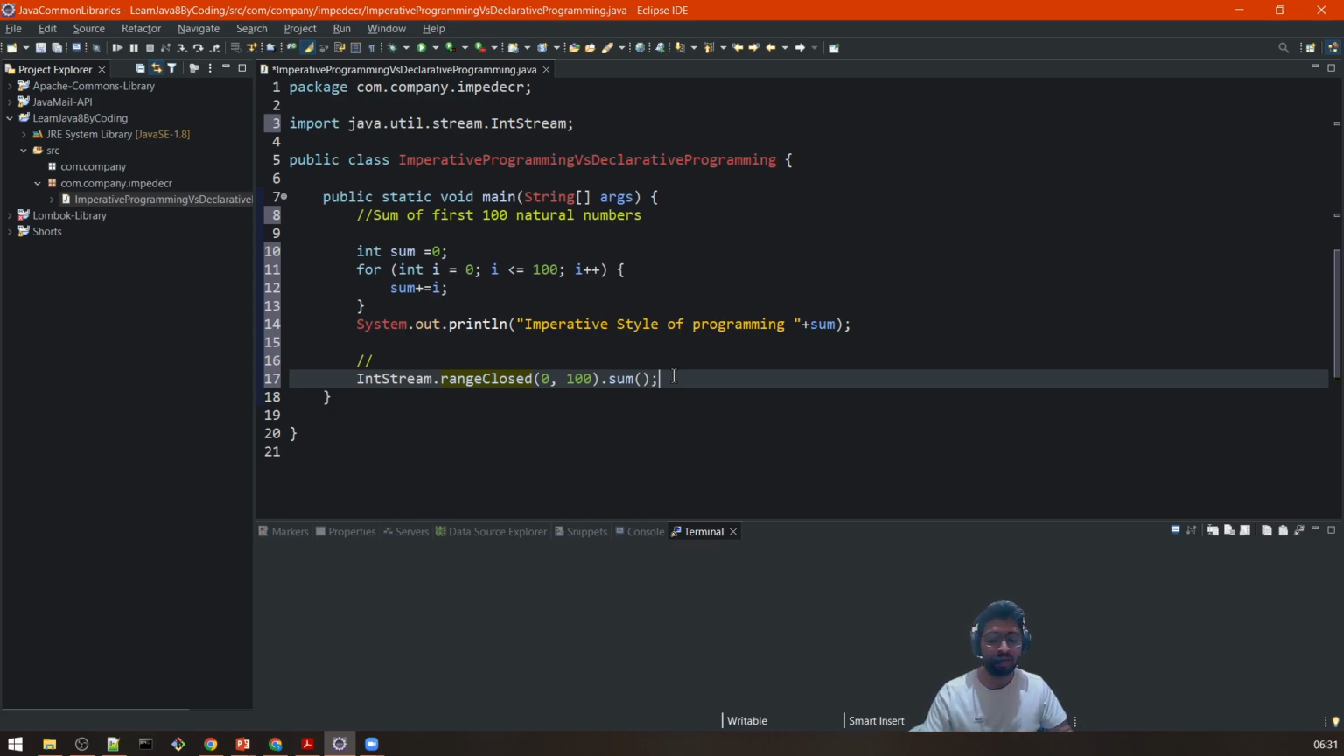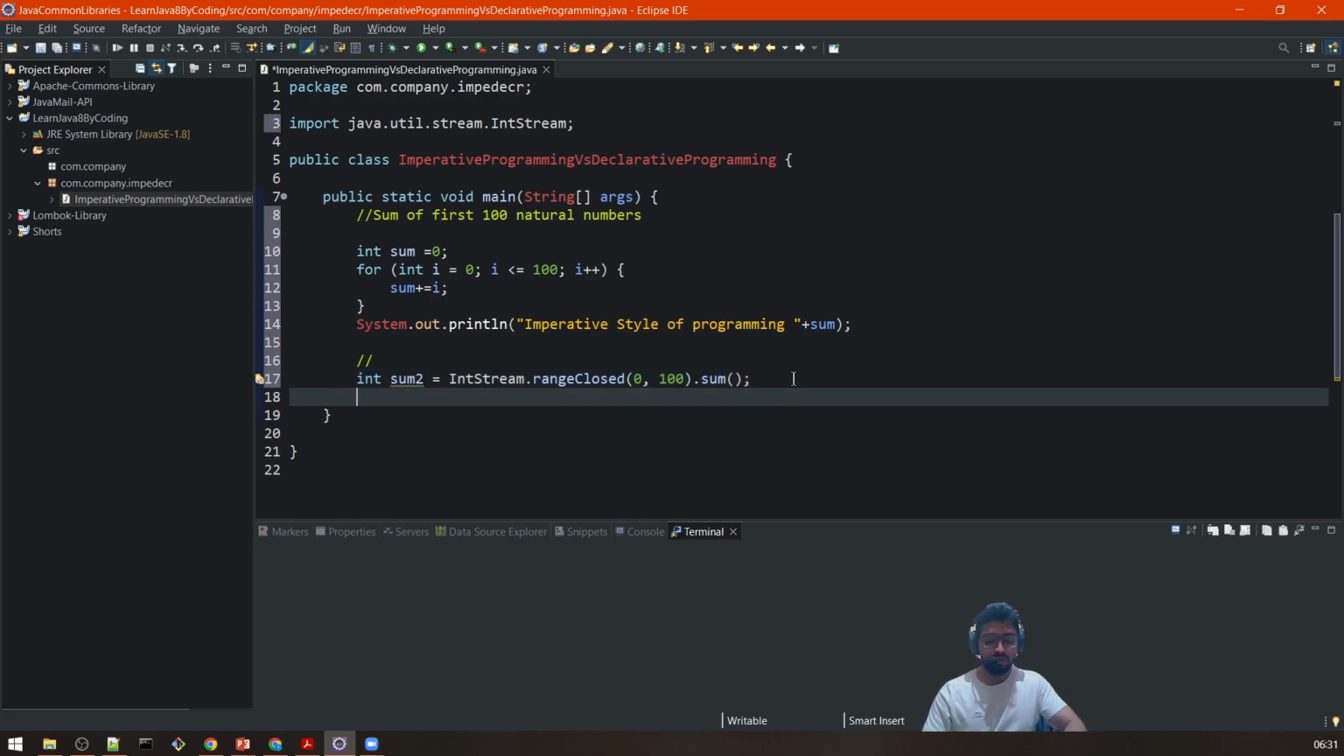Okay, so focus on that part. Don't focus on these things; these I will explain later. Now we will assign it into a local variable like sum2. Now we will print this one, and in the System.out.println we will write